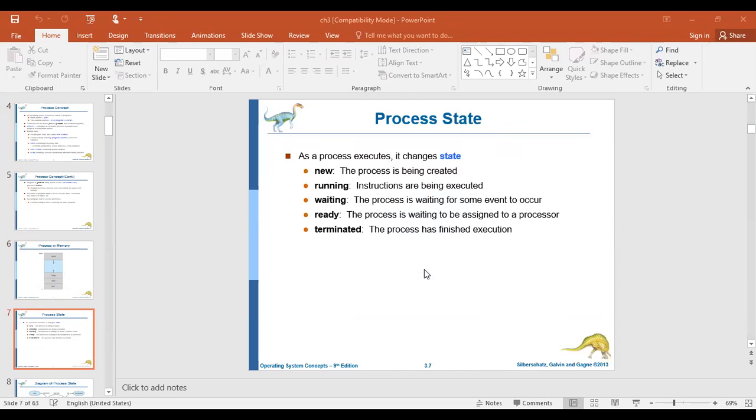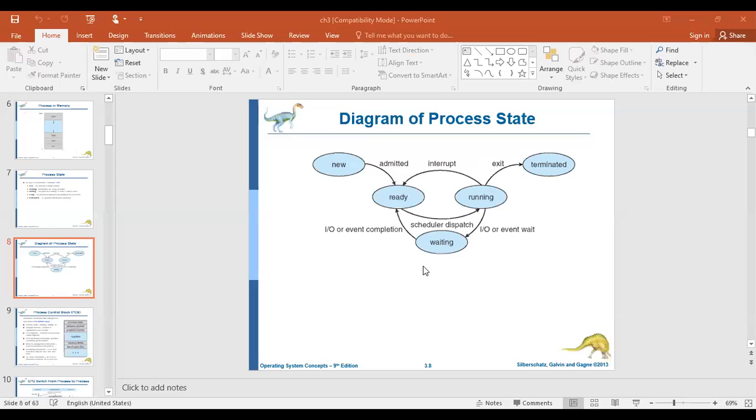All right. Now let us have a look at the process life cycle. At any given point of time, a process should be in any one of these five states. Either it may be new: when the process has just been created, we represent that state as new. Some textbooks call it the start state. Don't be confused. It depends upon the operating system we are using. The names may be different, but you should understand the purpose of the state and what is happening in it. So once a process has been created, it is in the new state.